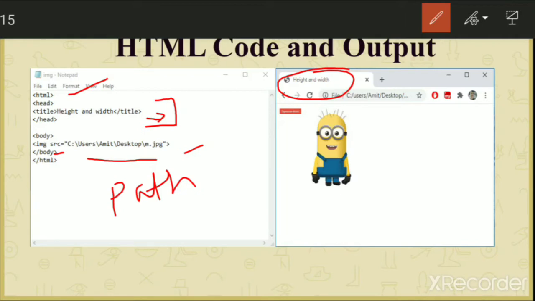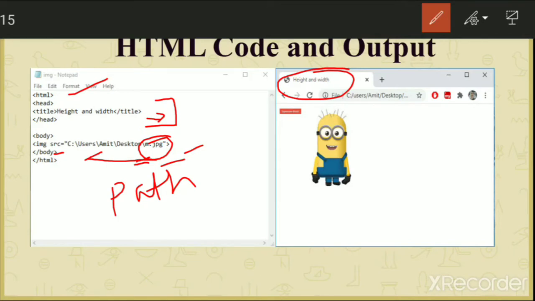The image name comprises its name. M is the name of the image, and .jpg is the extension. So just keep in mind that when you are writing the path of the image, we have to write the complete image name, that is M, and its extension, that is .jpg.